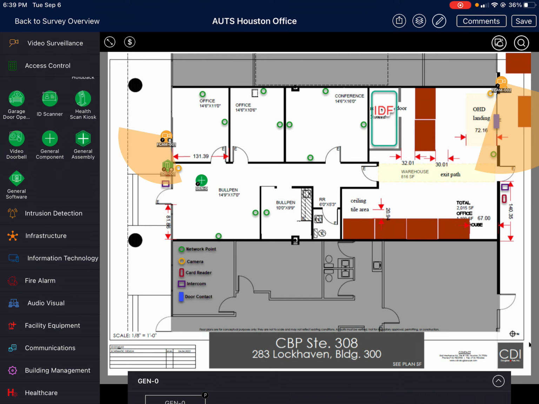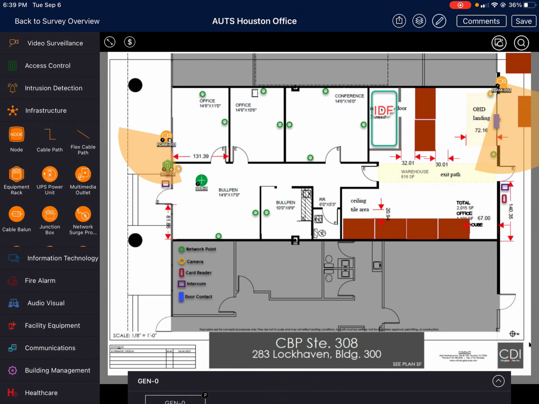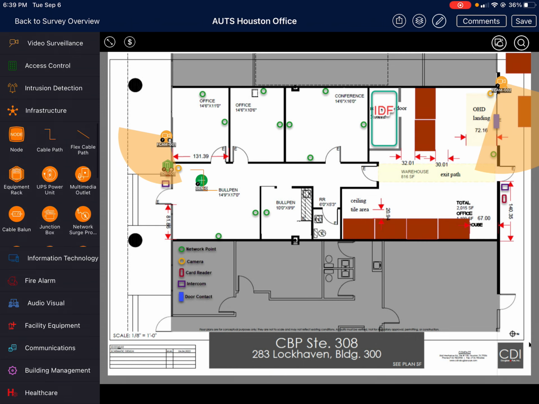All right. Also, there's a cable path as well. So flex cable path, it's the same thing here. You just drag it, drop it, and you can take these ends and put them to wherever it is that you need that cable path to go, or wherever it is that the cable path is going to be traveling. All right. Once again, when you're done with all this, you click save,